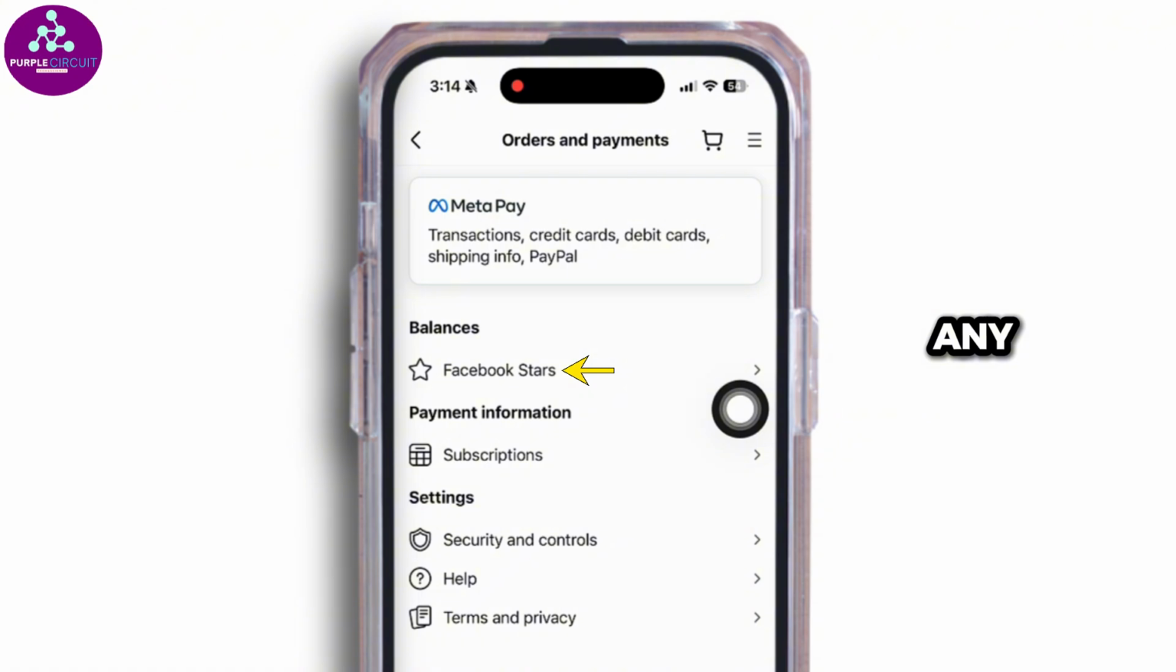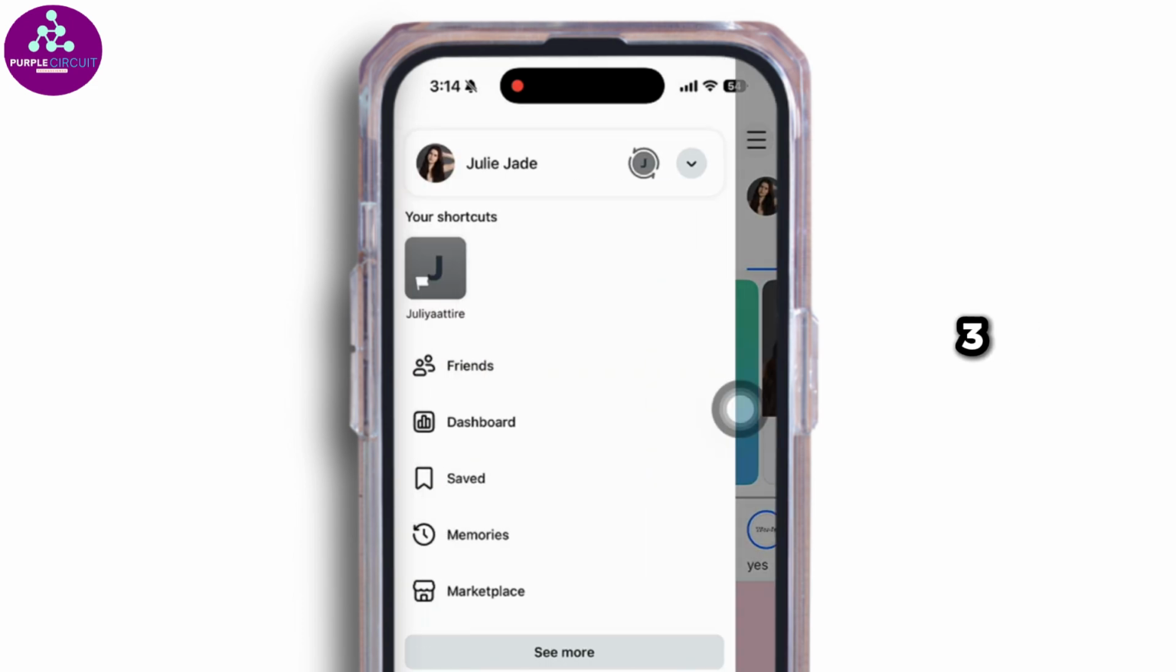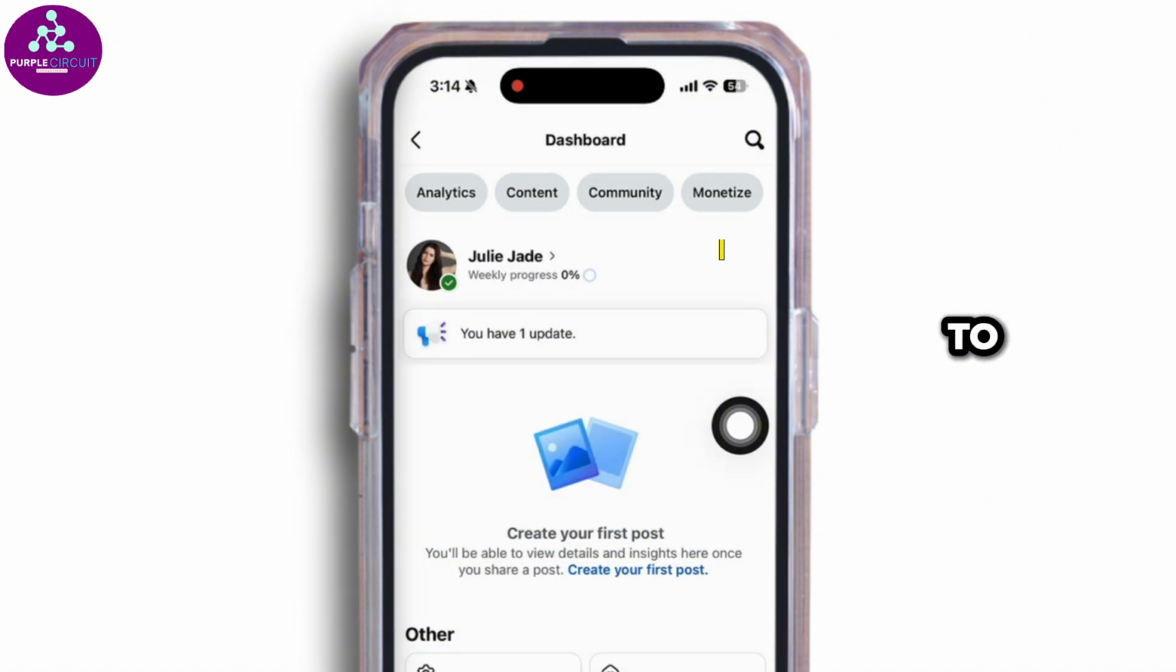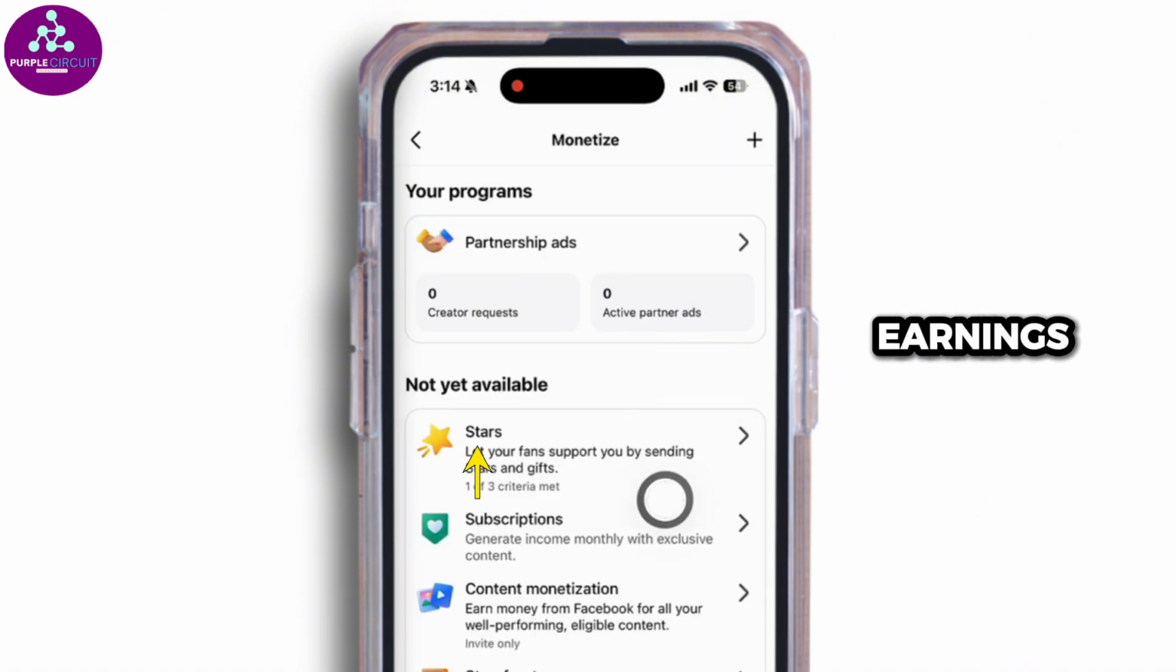if you have bought any. Now if you are a creator and want to check the stars you receive from viewers, head back. Now click on three bars again. Click on the option dashboard. Now head over to the section monetization and you will find stars option where your earnings and balance will be